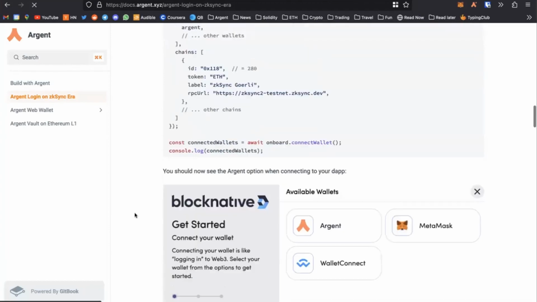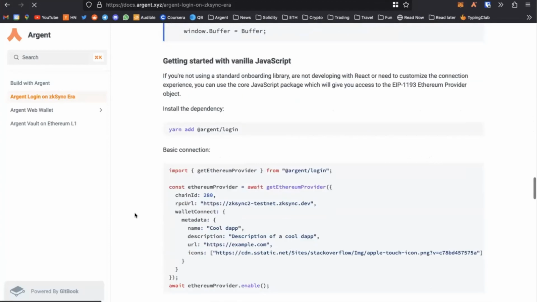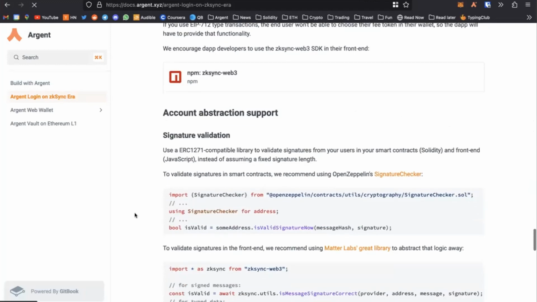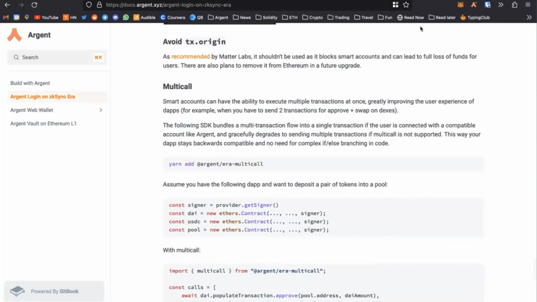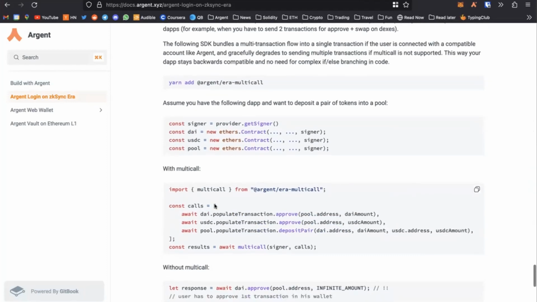So we actually made a library and an SDK that allows you to send multiple transactions in one go. Because again, as a dapp, you want to be compatible with everyone. And since EOAs don't support it, you want to have some kind of backwards compatibility. So what we did is we have this SDK where you can list in an array all the transactions you want to bundle and send as a single one if the account supports it. So here we're adding liquidity to a pool, we're adding DAI and USDC, and then sending all that as one.